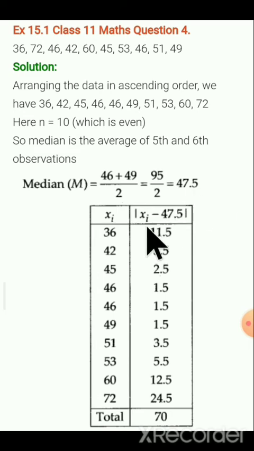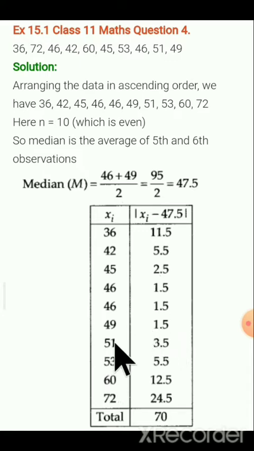So next find out the absolute values of xi minus m. So you will get here 36 minus 47.5 equal to 11.5. 42 minus 47.5 equal to 5.5. 45 minus 47.5 equal to 2.5. 46 minus 47.5 equal to 1.5. 46 minus 47.5 equal to 1.5. 49 minus 47.5 equal to